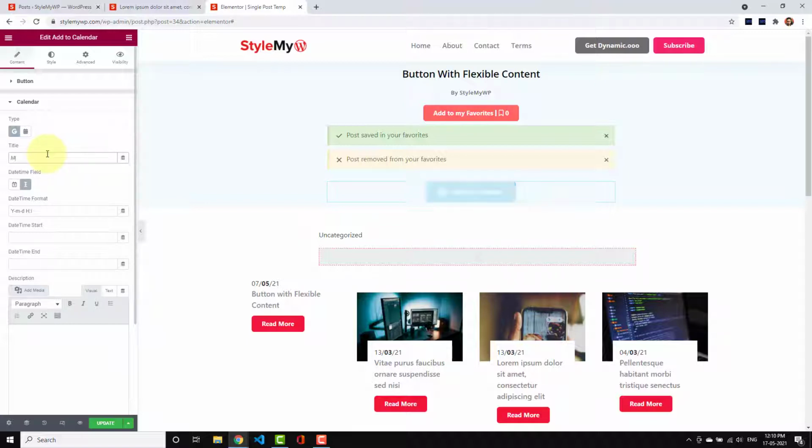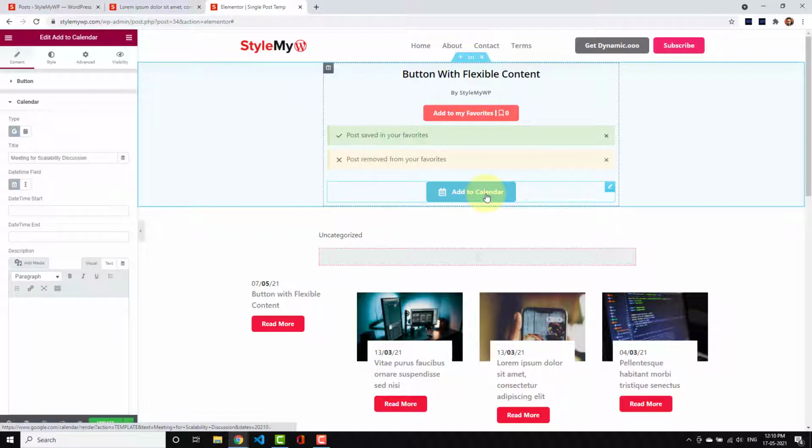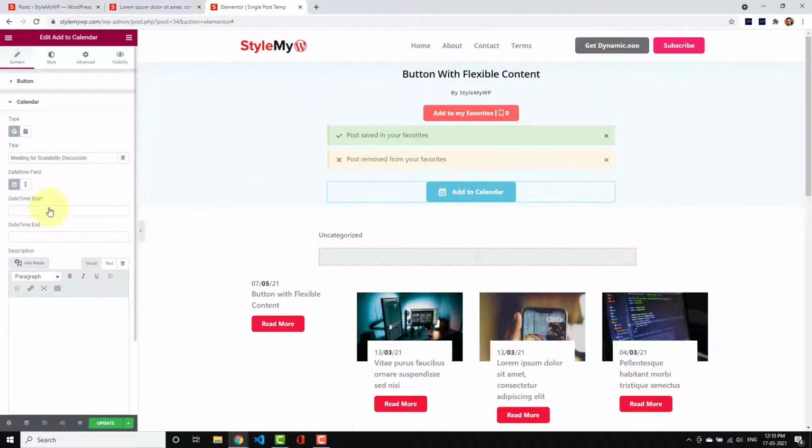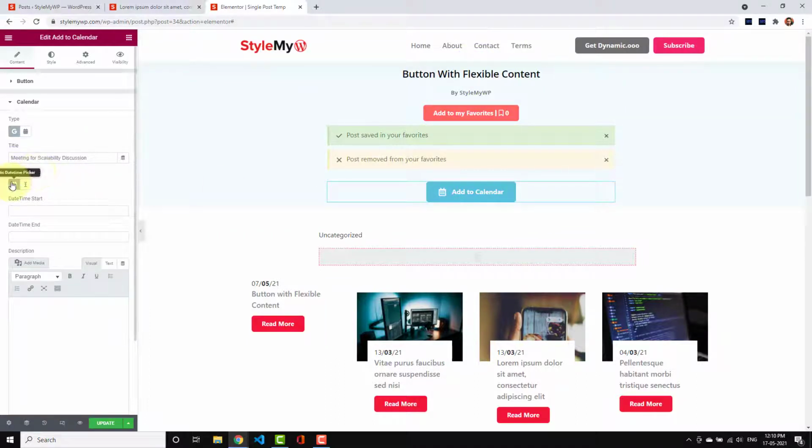like meeting for scalability discussion. And here you have settings to choose the date values: static date values and dynamic values. If you are using a page, like a landing page, and you want this calendar to be shown only on that one landing page, then you can use the static values.